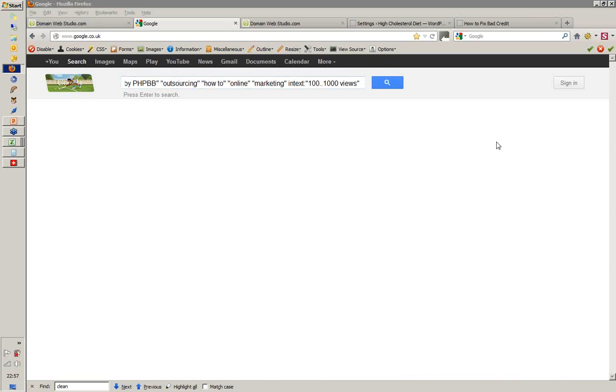What we have here with this little code is we're looking for a particular platform using a primary keyword. We're adding a how-to question modifier, and then we're adding a few more single word keywords. And then the in-text part there says give me all the forums back that have more than 100 or less than 1,000 views. So when I click search,